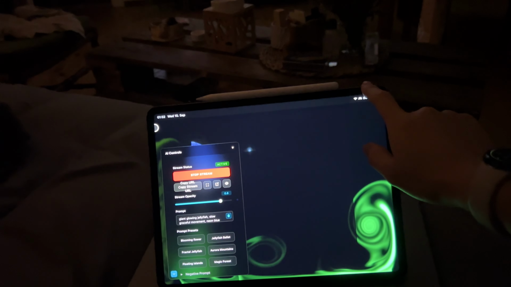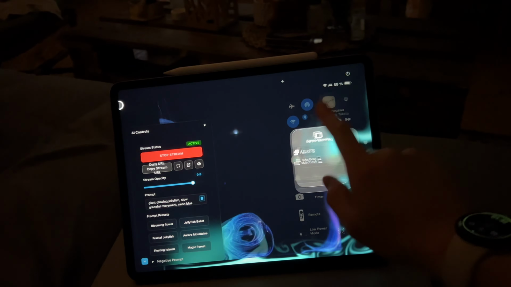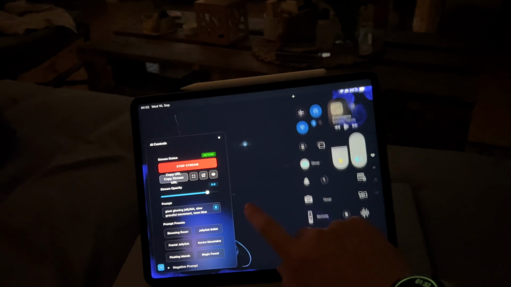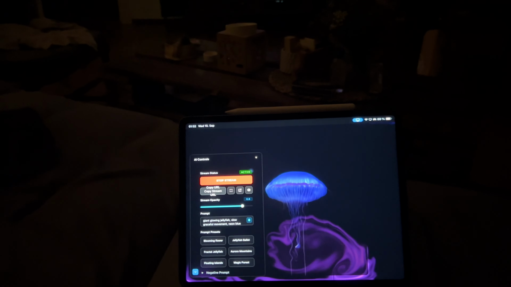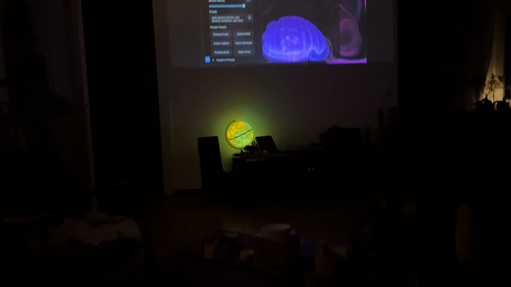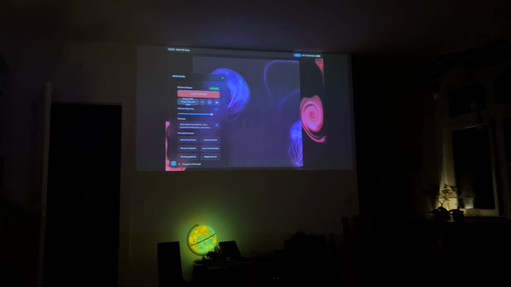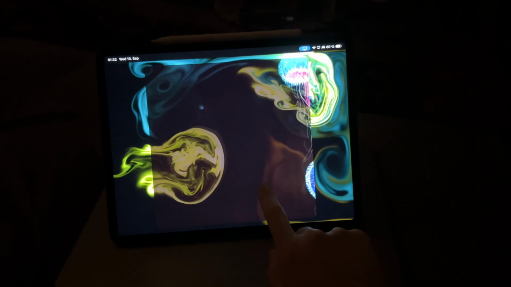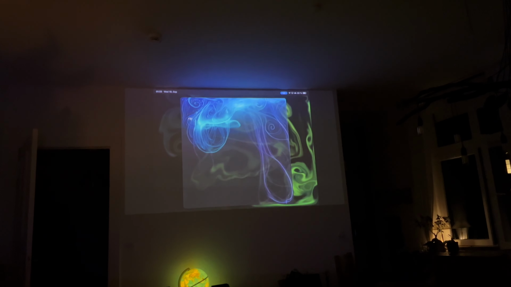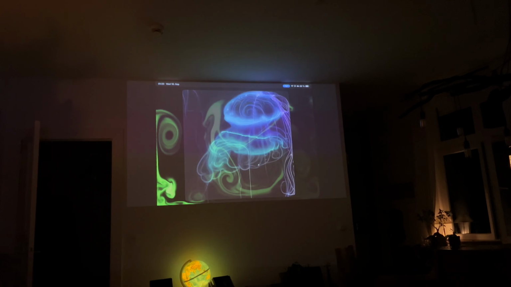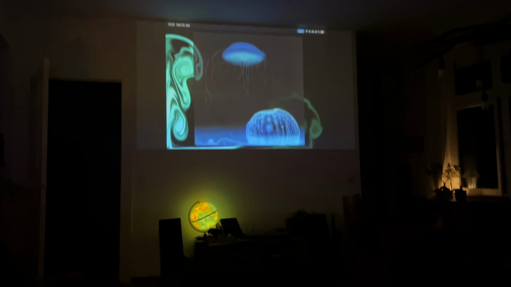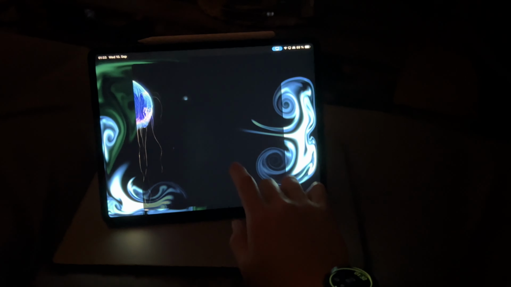There's one more cool thing. If you are just on an iPad and you want to have fun with friends, or just put some trippy things onto an Apple TV, that works as well. Like now I mirrored my iPad to the projector where it's connected with Apple TV, and I can also